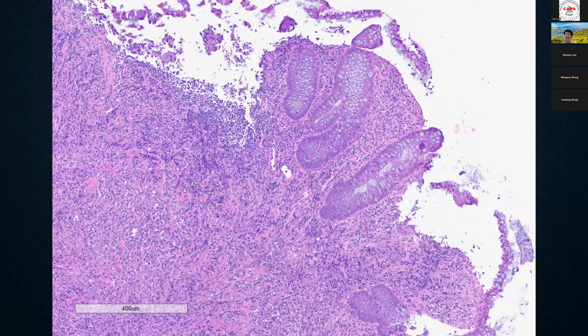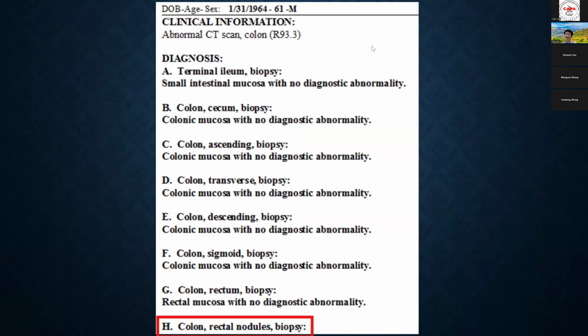But when we look at this case, this is a 61-year-old who never had IBD, and the clinical feature is a normal CT. Of course, the clinician may not always give us the clinical diagnosis, but usually for IBD you see bloody diarrhea, not abnormal CT. And then you see the entire biopsy looks normal except the rectum showing